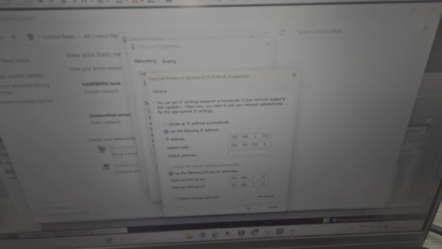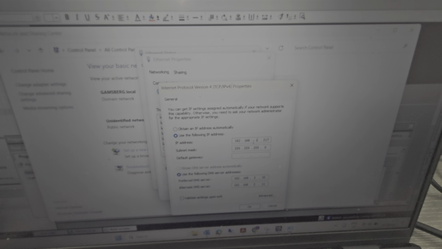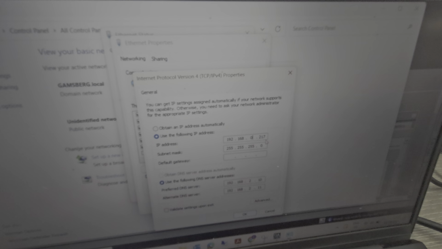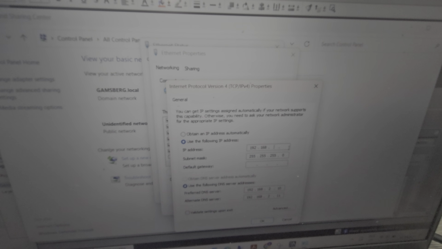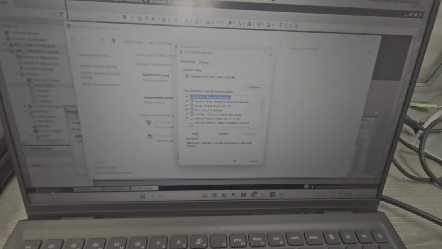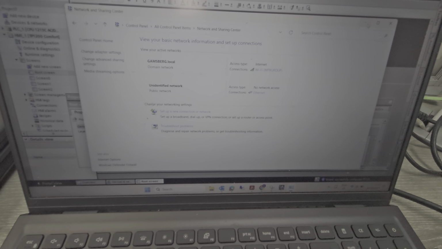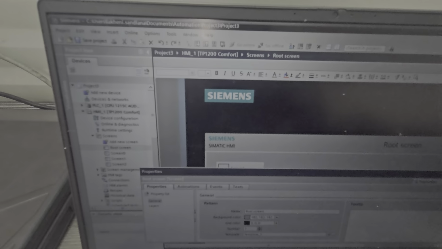You can see my IP address is like this, so I need to change it to be in the same domain, or same range, as my devices. So it's 192.168.0. Maybe I can just say .5, because I already know the IP addresses of my devices. There's no specific value for that IP address, but it must just be in the same domain. So now, if you come back to my TIA Portal,